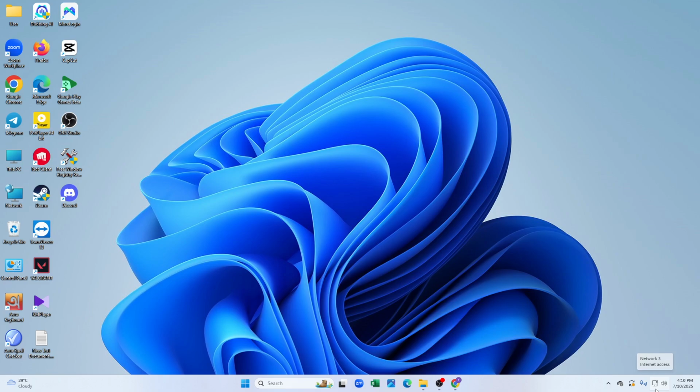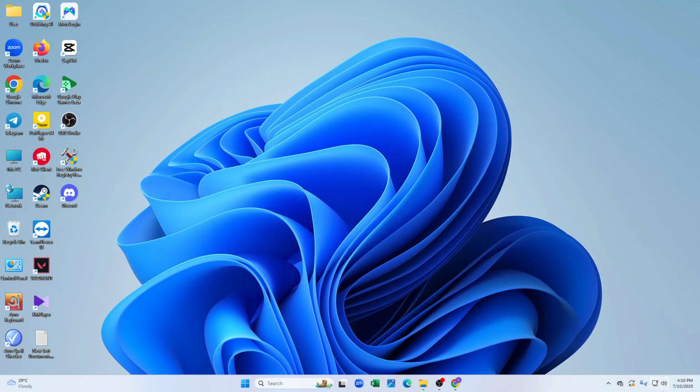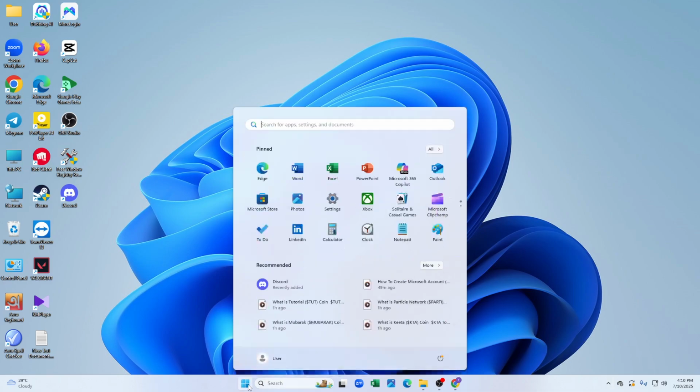And the second solution is you have to just check your internet connection, whether it's operating properly or not. And if that solution doesn't work for you, you just have to simply click on the settings option